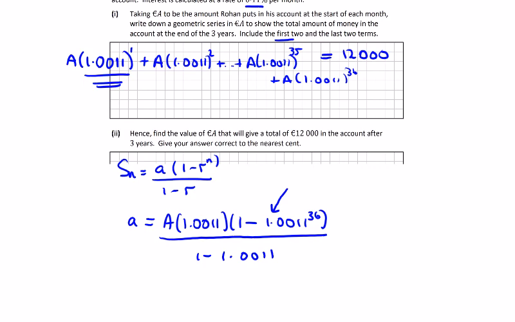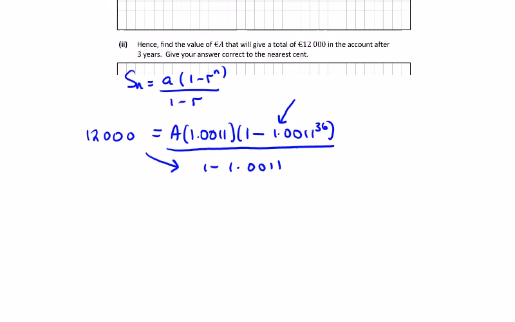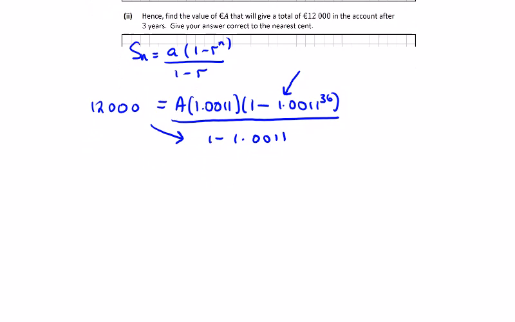1.0011, and this a is 12,000. So I'm going to multiply 12,000 by the bottom. I'll write it as the negative, and then we just simplify the top in two parts and have our answer in a couple of lines. So that gives minus 13.2 is equal to a times